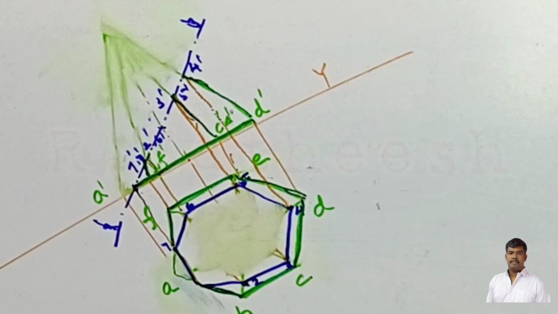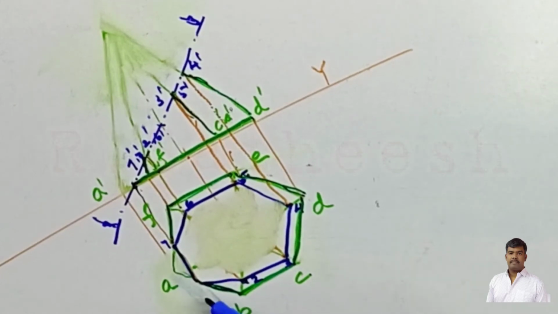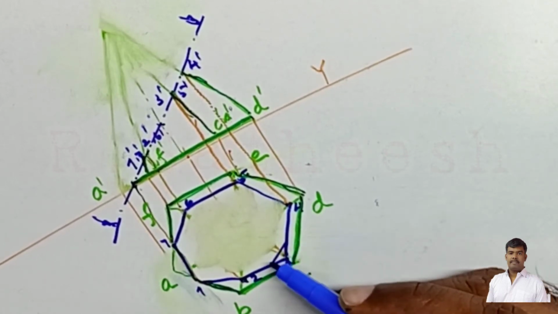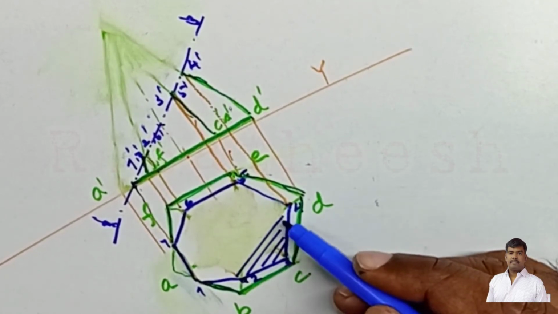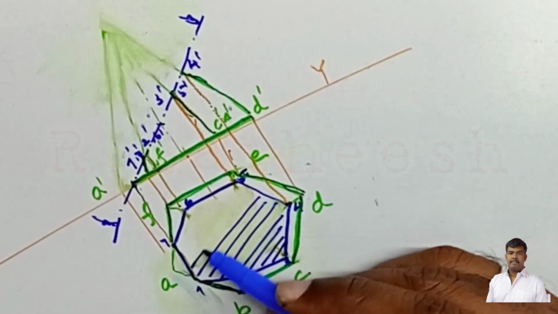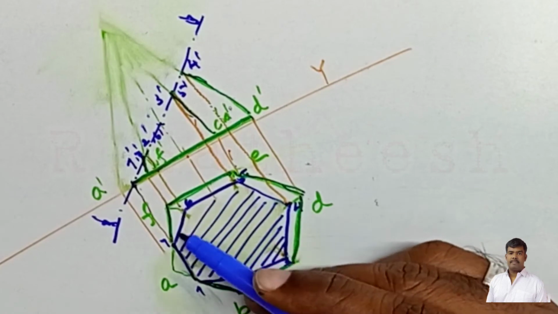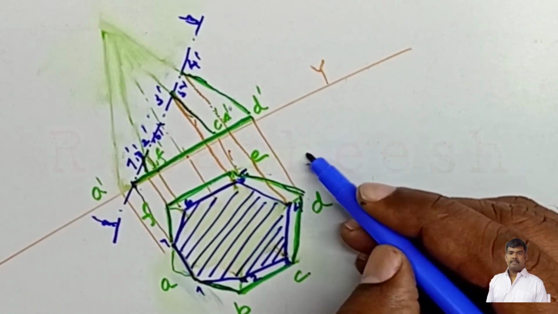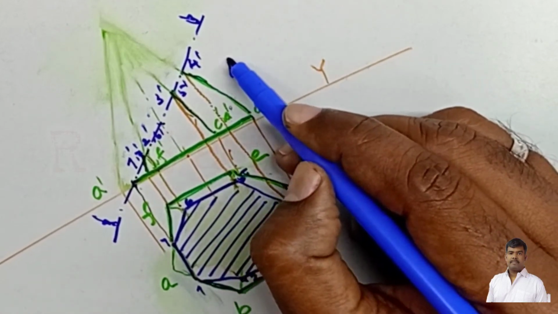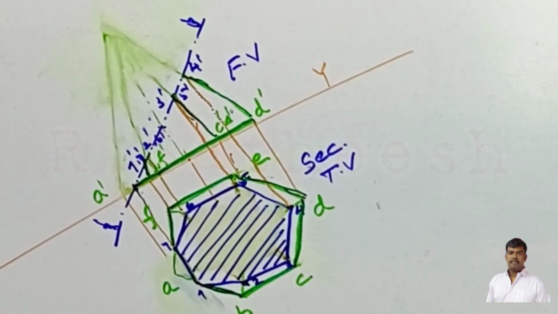So finally the hatching surface lies between 1 2 3 4 5 6 7. That hatching line is 45 degrees by 2H pencil, inclined with xy. So this is the sectional top view and this one is the front view. Clear? In this problem, the cutting plane is inclined to the base, therefore the solid is called a truncated solid.